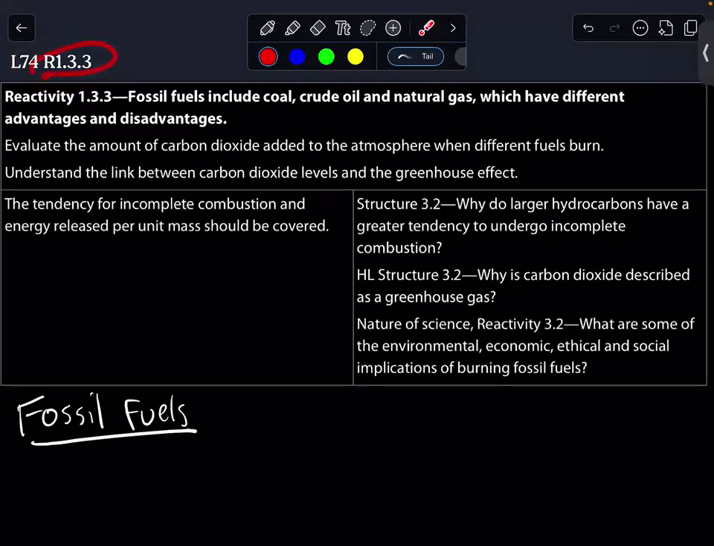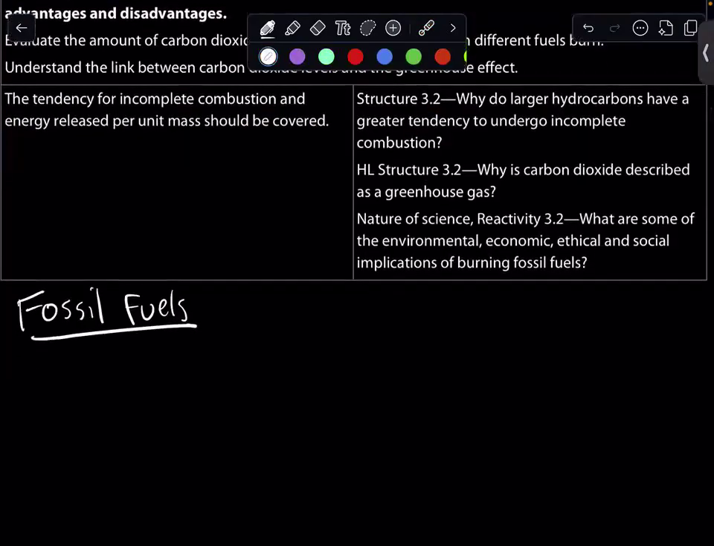Today we're doing reactivity 1.3.3. We're going to be talking about fossil fuels, including coal, crude oil, and natural gas, which have different advantages and disadvantages. We're going to evaluate the amount of carbon dioxide added to the atmosphere when they burn, and we're going to understand the link between carbon dioxide levels and the greenhouse effect. So it's a bit of stuff that we're going to have to go through, but let's start with